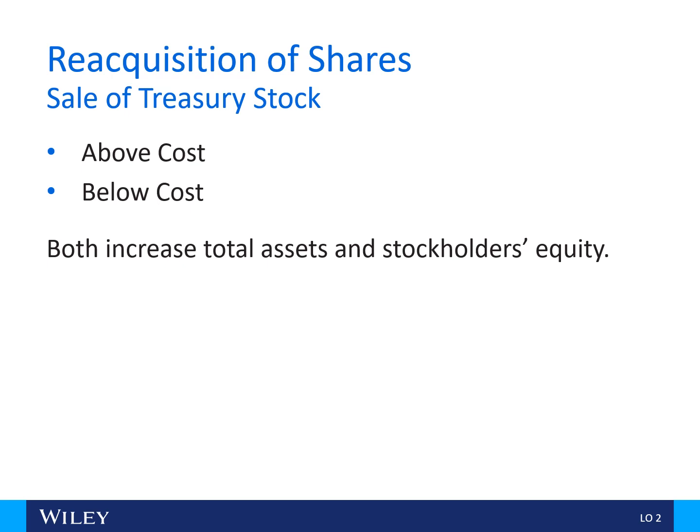Okay, so in that particular case, whether you sell it for a gain or a loss, which you'll see in a minute, they don't really have gains or losses. It's basically termed above cost or below cost, the cost that they paid for it. They are still going to both increase total assets and stockholders' equity.